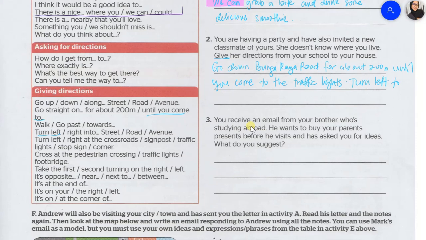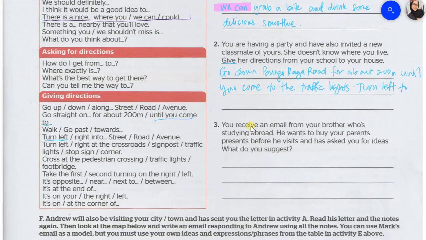To Merlo Street. Okay, must be in capital letter. Merlo Street. And then we've used this one. Turn left to Merlo Street, and then